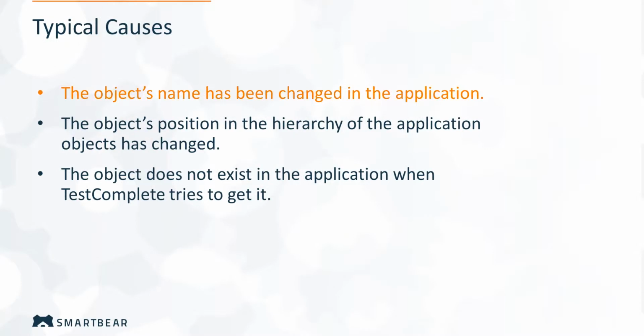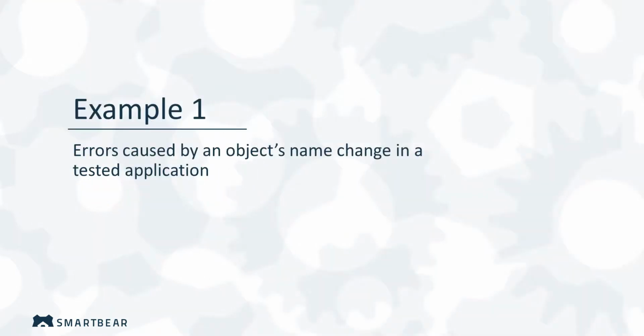If the object's name in the application or its position in the hierarchy has changed, TestComplete will not be able to find the object. Also, if the object is removed from the application or it takes too long for the application to show the object, TestComplete waits for the object until the default timeout is reached, and then reports that it is unable to find the object. In the first part of the video, we will show you how to resolve the error caused by the object